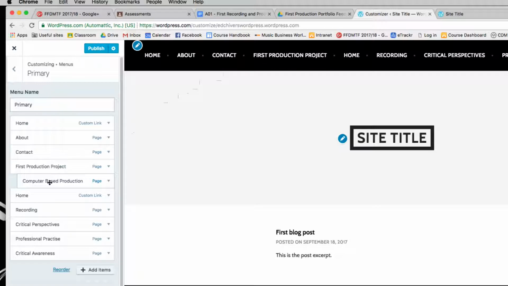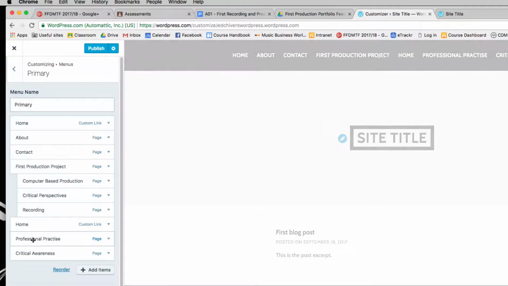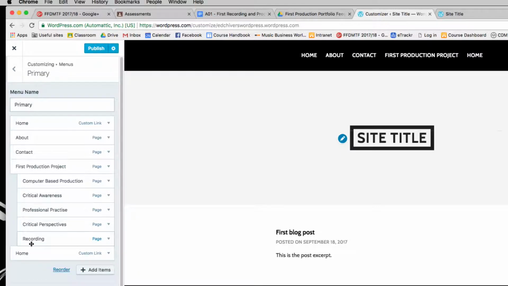It's fine. So pick up one of these, drop it underneath First Production Project, because it belongs to First Production Project. But I've dropped it so that the left-hand edge is just indented a little bit. Let's do it again for recording. I'm going to line it up there, and critical perspectives, and professional practice, critical awareness,